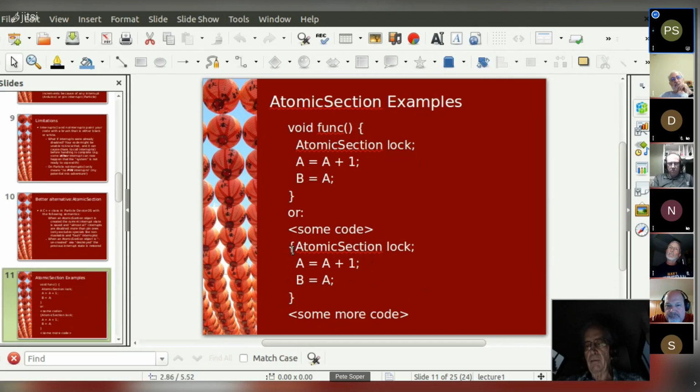then you can simply put in a curly brace and declare your little atomic lock. You can have as many of these as you want to, because the scope of this name is only within these braces. The name lock disappears from the compiler's consciousness, so to speak, as soon as you get past this closing curly brace. So farther down, you could have another open brace, reuse the same name, there's no conflict, and it all just does the right thing.